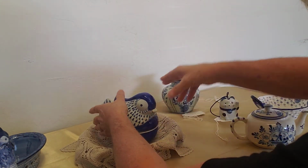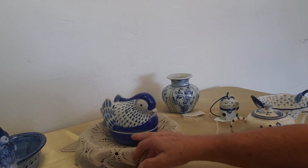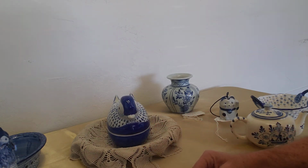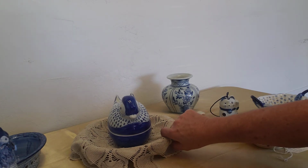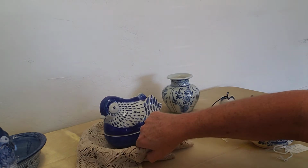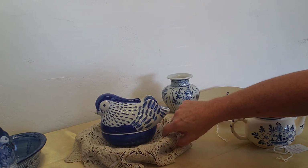What we have here is a beautiful 1980s to 1990s Chinese blue and white partridge on a nest covered dish. I saw him and I couldn't believe him. I've only seen the chickens on the covered nest. He has no chips or cracks. It is also hand painted,